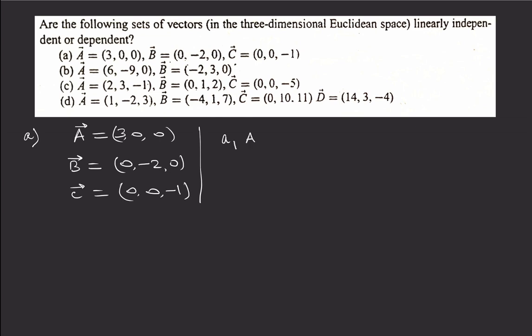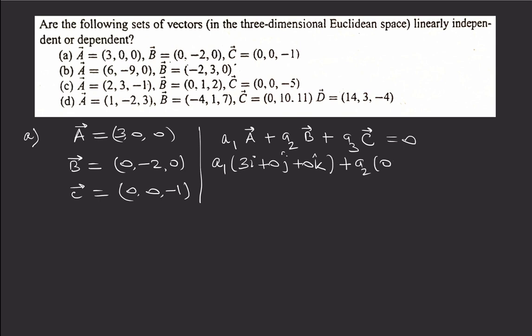So A1 A plus A2 B plus A3 C is equal to 0, which further can be written as A1 (3i plus 0j plus 0k) plus A2 (0i minus 2j plus 0k) plus A3 (0i plus 0j minus k) is equal to 0, which implies that